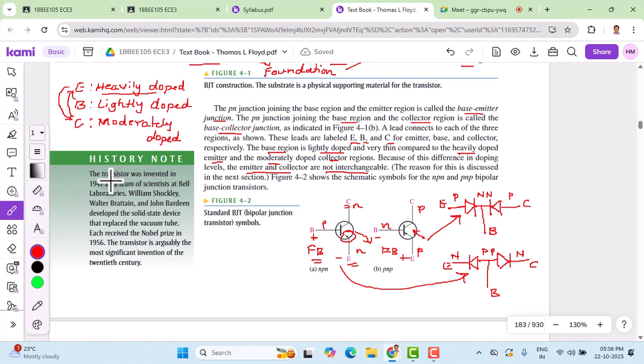The bipolar junction transistor was invented in 1947 by a team of scientists at Bell Laboratories, USA. The three persons were William Shockley, Walter Brattain, and John Bardeen. These are the team of scientists who invented the bipolar junction transistor in the year 1947, and they